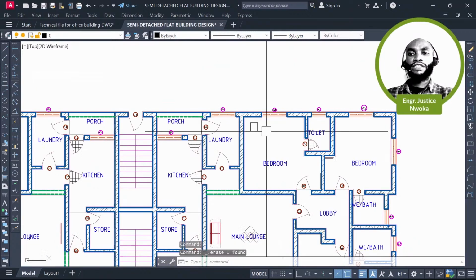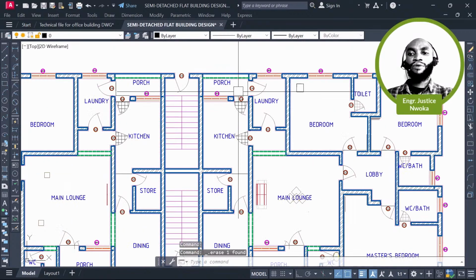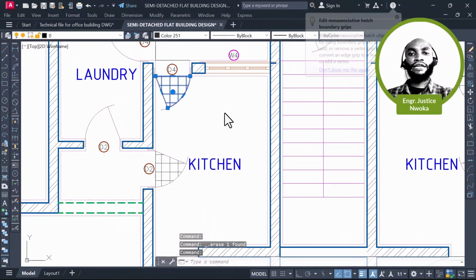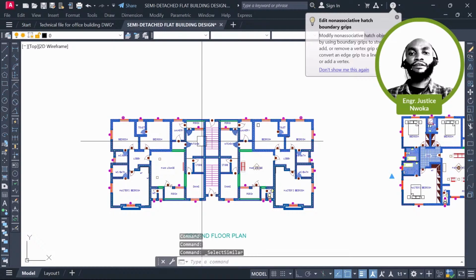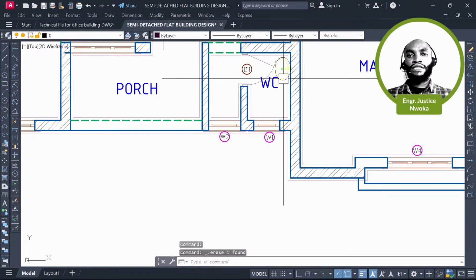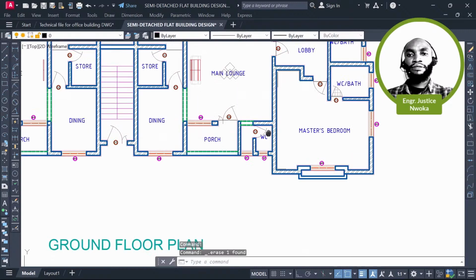So with this, I can see that we have made all our changes. I can just right click here, right click down, then select similar. Okay, that's fine. No, let me just undo that. So right now you can see that we have just removed everything. Now we are almost 9 minutes ahead of time. Okay, and then